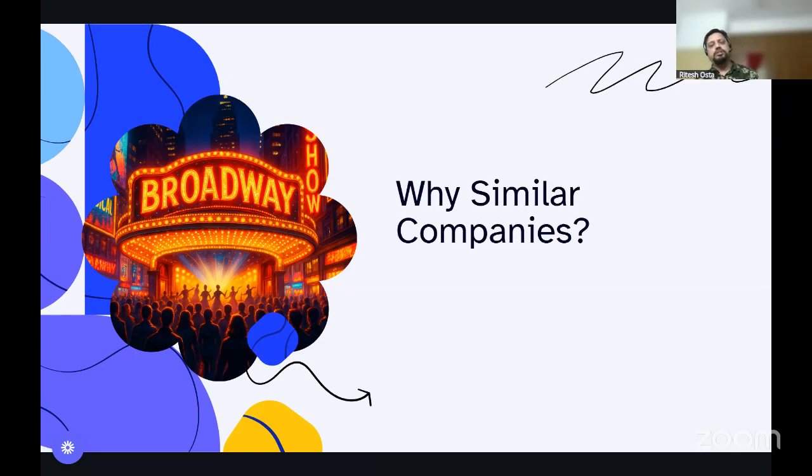Now imagine another scenario in which you are the producer of the Broadway show. You perform in one theater, and then the next day you perform in another theater with the exact same show. This time also it's a full house. Of course you cannot perform in the same theater with the same show every single day, obviously people are not going to turn up. But you can always move to new theaters and new cities and new countries. Because every time you go to a new theater or a new city or a new country, people are not aware of that, right?